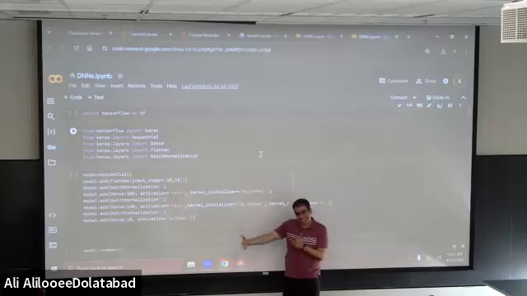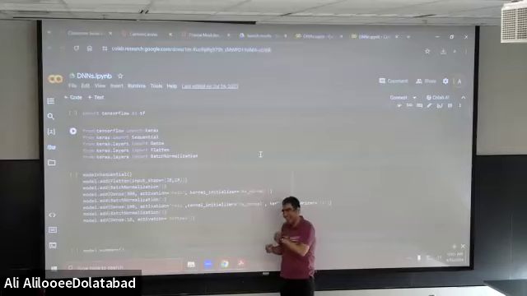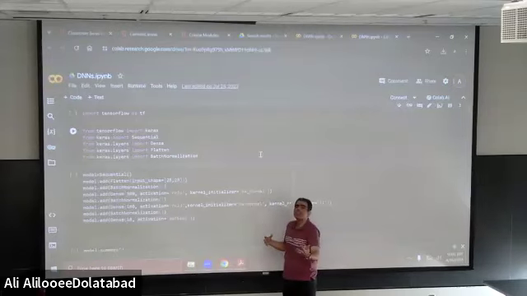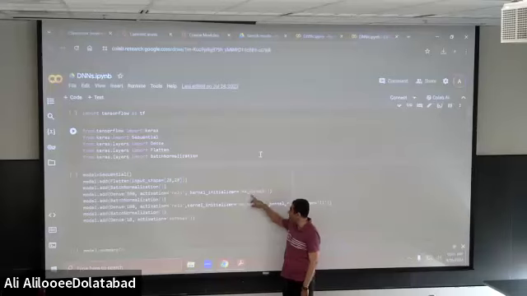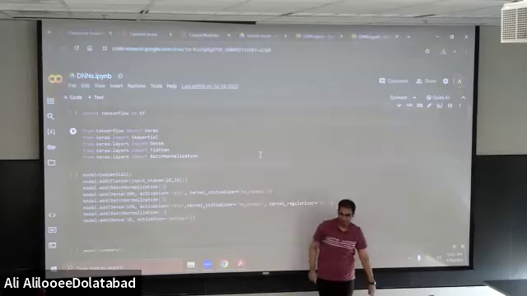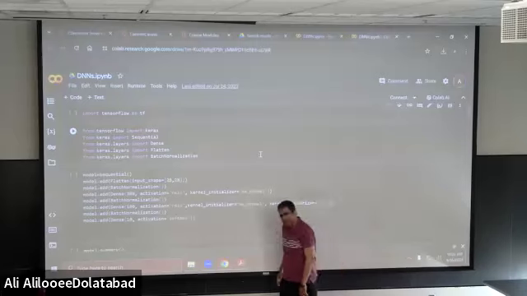He suggested one method for initializing, and after that, people started using that method. When you write kernel initializer he normal, you are telling Keras to use the initializing that He suggested. Okay? Questions, comments?